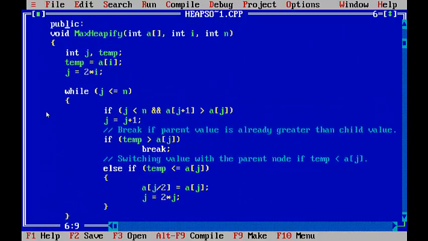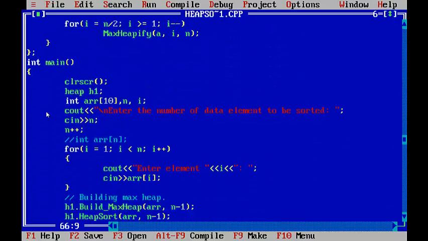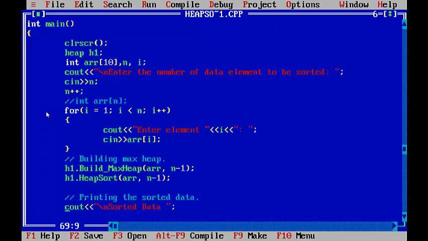Always we need to check whether the tree is in a max heap position or not. And this is the main function, and I am creating an object for the class heap, the object name is h1, and using h1 I am calling the build max heap and heap sort functions.